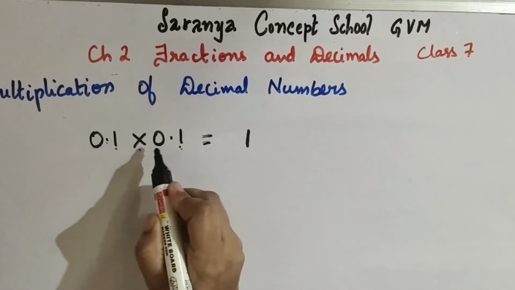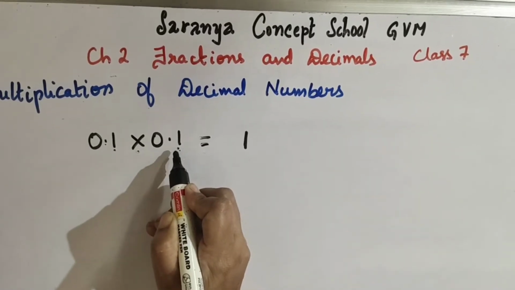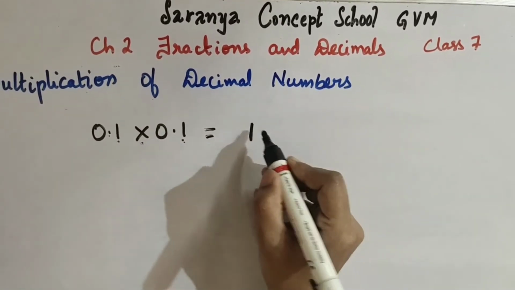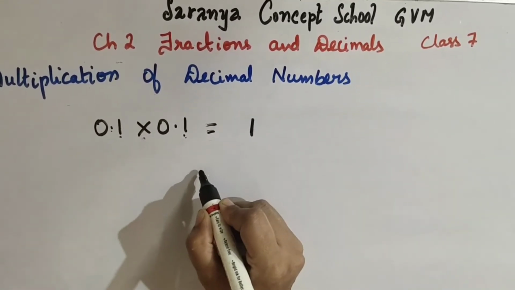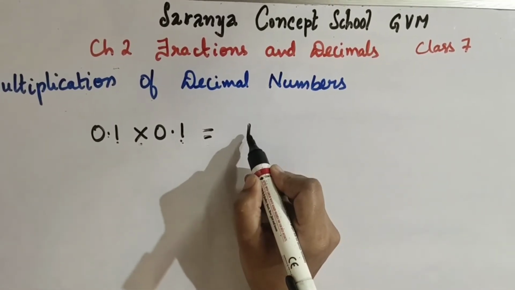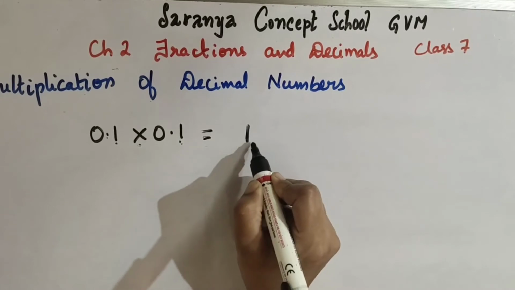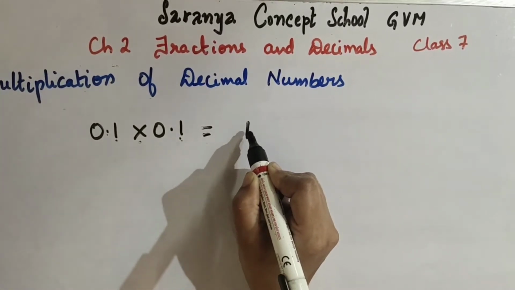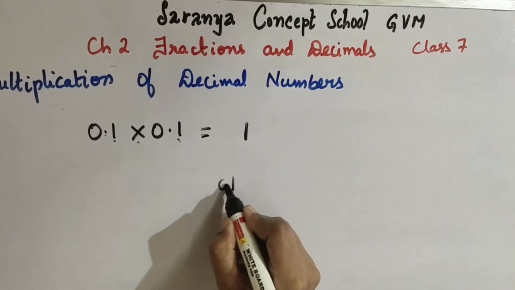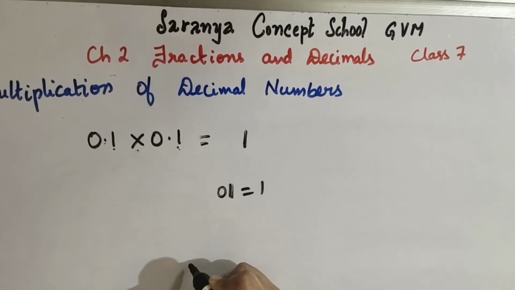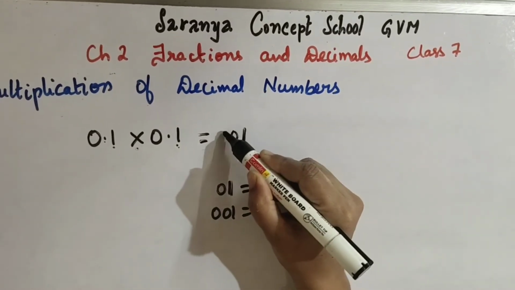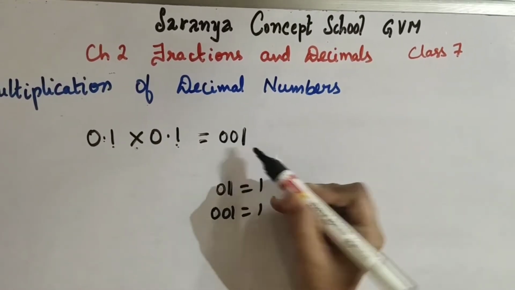After the decimal point, how many digits are there? We need to count in the overall multiplication. So here 2 digits are there. So after the decimal point we have 2 digits. What we have to do is place the decimal point to the left of this digit. Generally 01 is equal to 1, or not? Similarly 001 is also 1. Now can I take zeros here? It's nothing but 1 only.